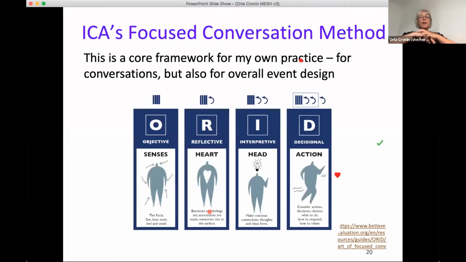Now, people will have lots of different ways that they facilitate, but the way I tend to climb into a design of any kind of event is to use focused conversation methodology. Focused conversation is a particular tool from a set of tools called Technology of Participation. They're in custody of ICA, which is a charity focused on supporting change in the world by facilitating conversations. And I use this both for my individual conversations within an event, but